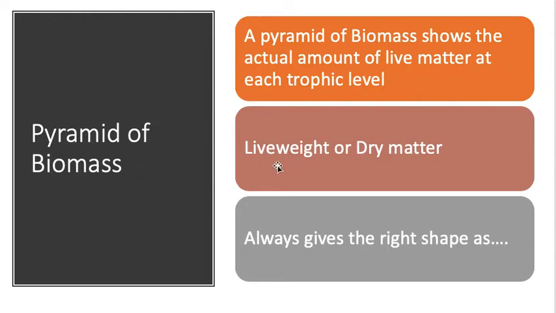There are two measures that you can use, either the live weight or the dry matter, which is when the organisms have been killed and dried out. Your pyramid of biomass has one essential advantage. It will always give you the right shape, because